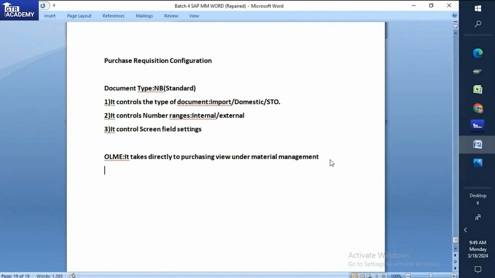Okay, so what will happen in real time is the client has a requirement. They want different document types, for example for import procurement of the material, they want a different document type, different number ranges, and some specific fields to be mandatory. I'll give you one example. The client requirement is